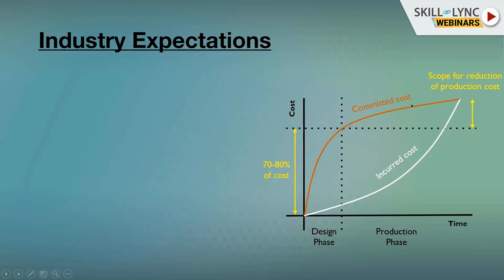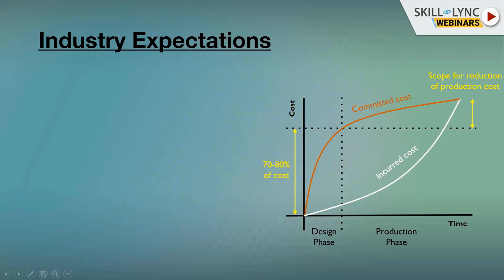And this curve is showing committed cost. Committed cost means on what basis we commit a cost for this part. Like if we are making, again, this laptop mouse, what should be the cost of that mouse? Should it be 1,000 or should it be 1 lakh? This curve shows the committed cost, and this trend shows that 70 to 80% of the decisions that we take decide the committed cost of the part.